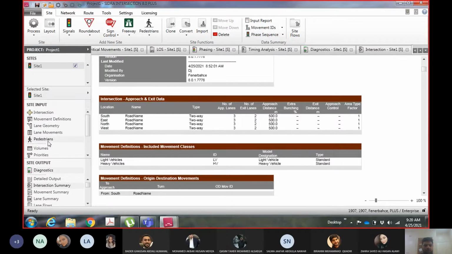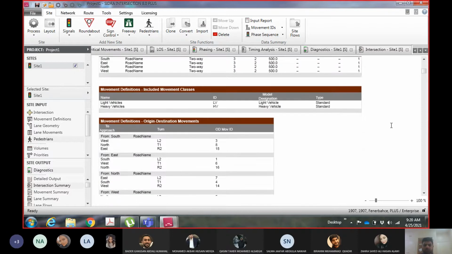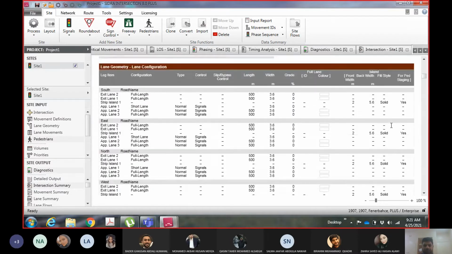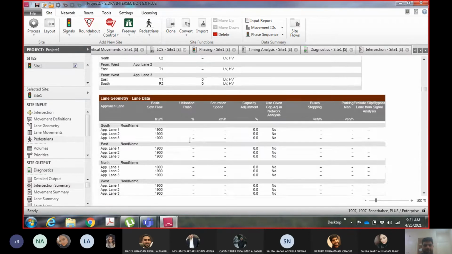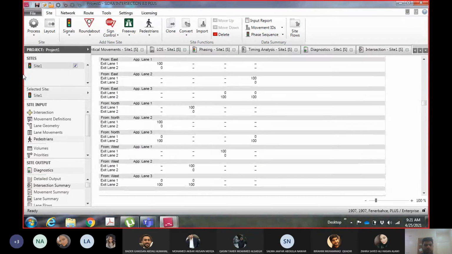Whatever you have input in these options, it will show you in this form here, in the form of tables. When I am going through the options, you will start to understand what they are showing here. But this is how you can do it.